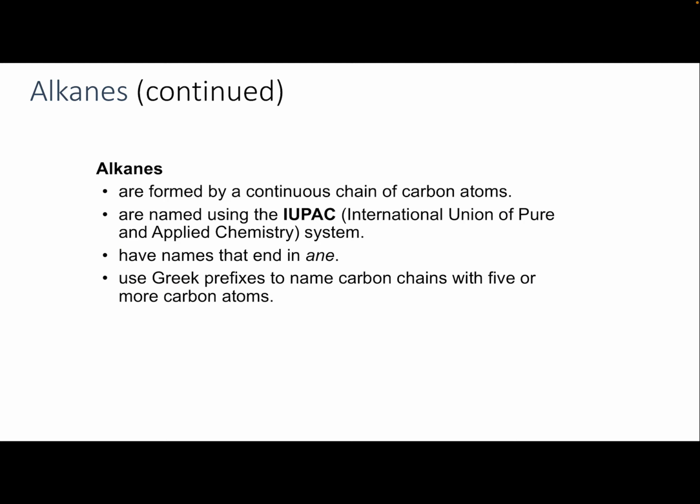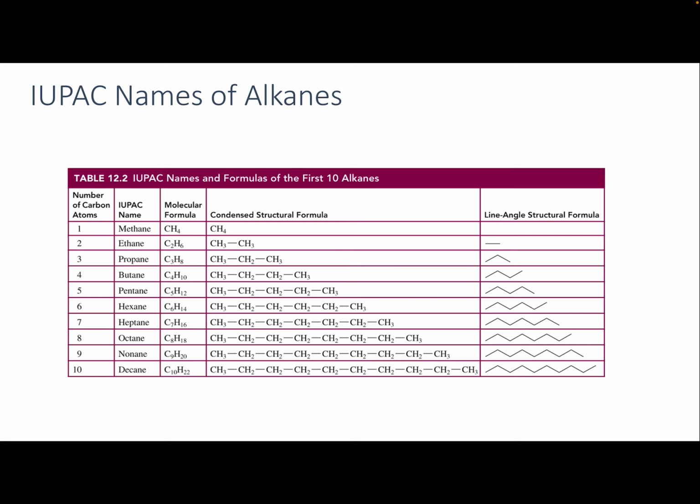So alkanes are formed by continuous chains of carbon atoms. They're named using an IUPAC system. They have names that end in ane, A-N-E, and they use Greek prefixes to name the carbon chains with 5 or more carbon atoms. What does that mean? Here's an example. So for the first 4 carbon chains, we use certain prefixes. We use meth for 1, we use eth for 2, we use prop for 3, and